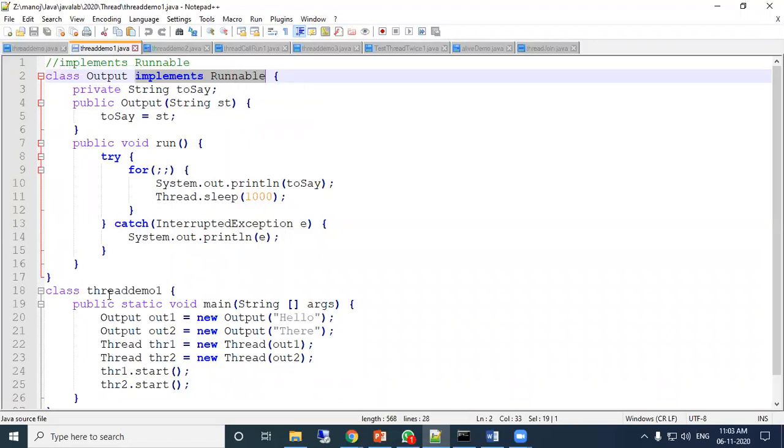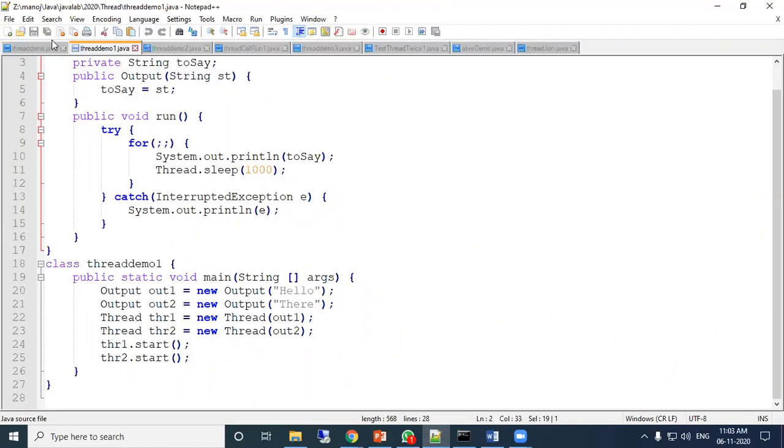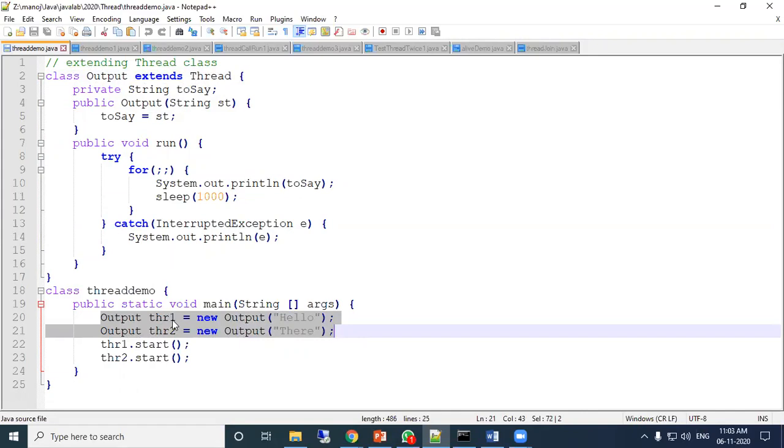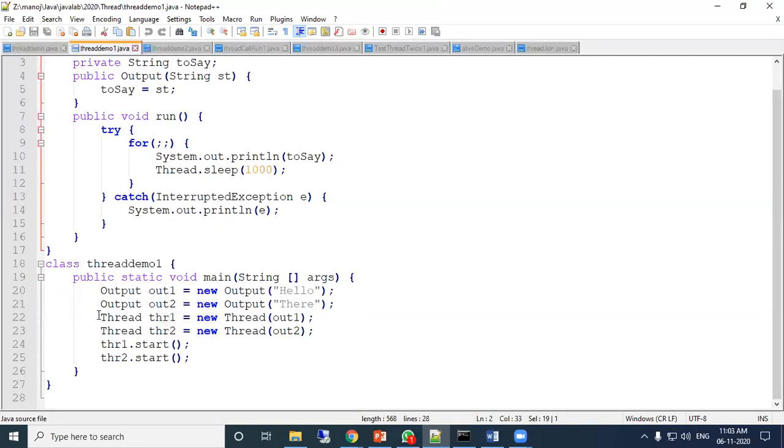So in the main function, we have created two objects of the output class, and directly through that object the start method is called. But with the runnable interface, it has created the two objects first, out1, out2, which are of the output type.